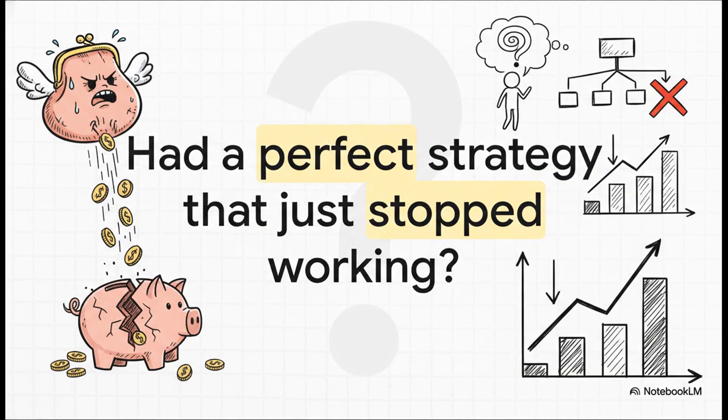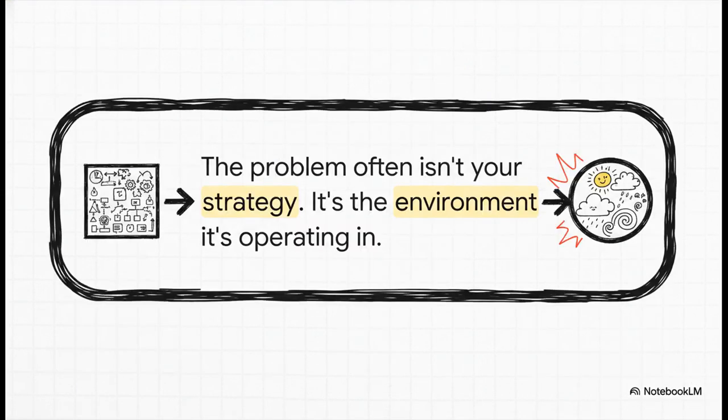You did all the work, the logic is totally sound, it's following every single rule you programmed, and yet it's still losing. It's that kind of frustration that makes you want to throw your entire approach out the window. Okay, but here's the big idea, the thing we miss all the time. We immediately start blaming the strategy. We tweak the entry signals, we mess with the stop losses, but what if the strategy itself is actually perfectly fine? What if the real culprit is a total mismatch between your strategy and what the market is actually doing?